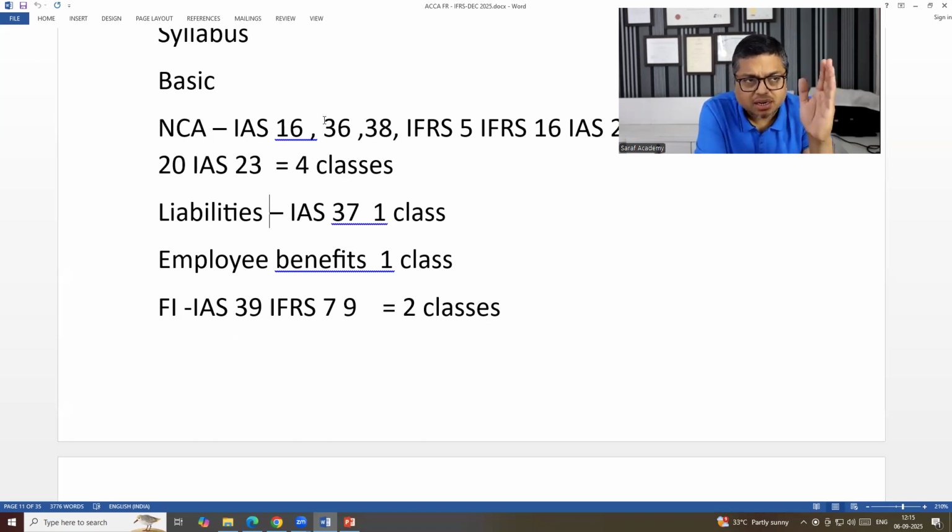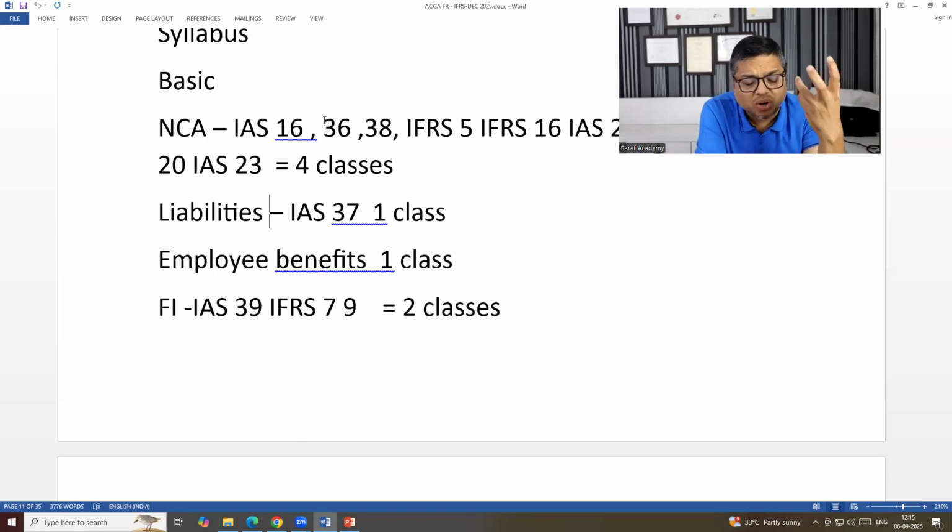In total there are around 28 IAS and around 17 to 18 IFRS, so you can say around 45 IAS and IFRS. Some of them are not relevant for FR students, but for Diploma in IFRS, all are relevant. For CIMA, all are relevant.